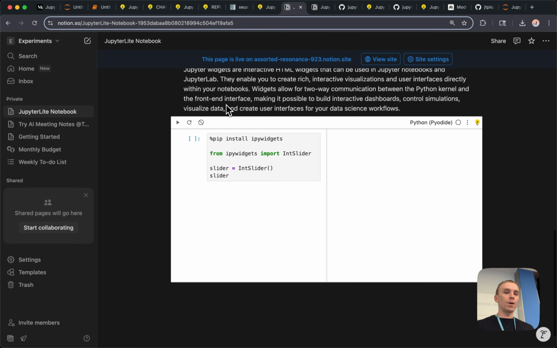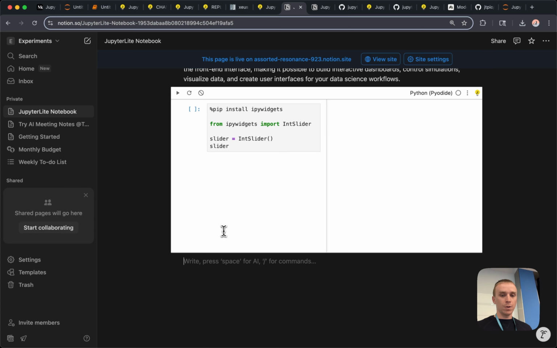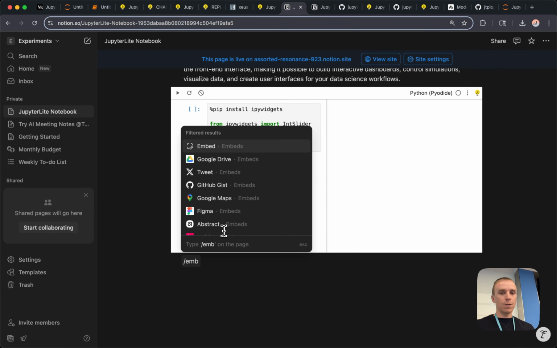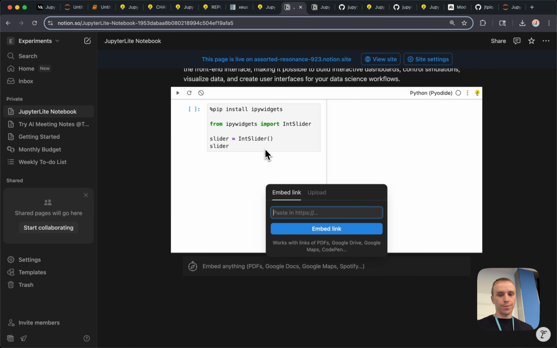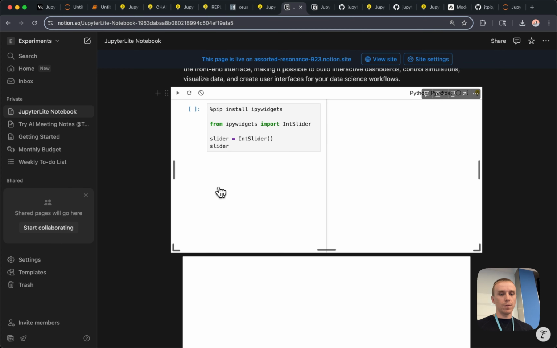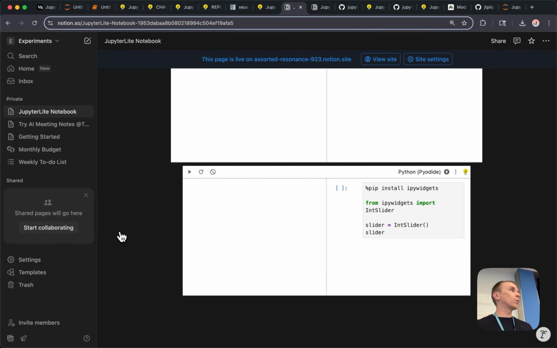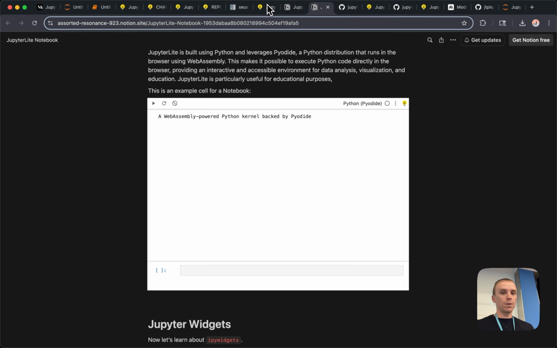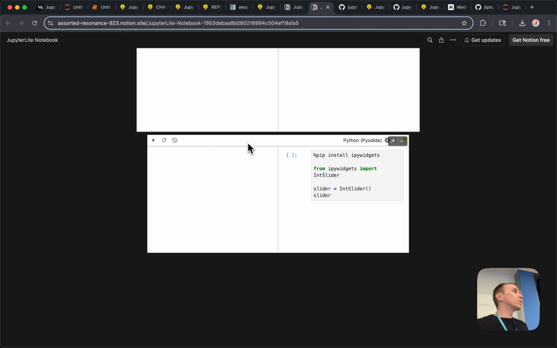So I can add another one, for example, here, an embed link. It's just creating an iframe right on the page. And then you just save. Can go back here. And it's instantly published. So it's quite powerful. So I guess you can create some educational content like this. If you want to try.